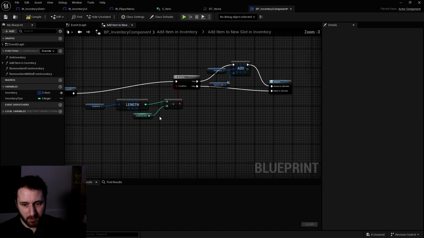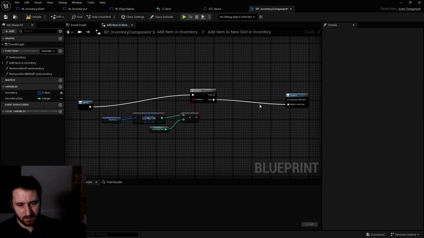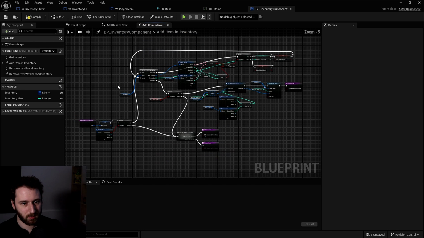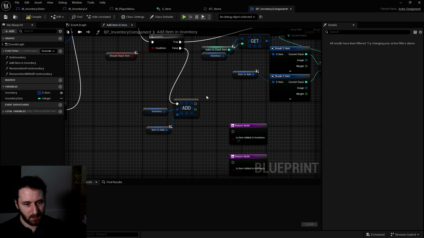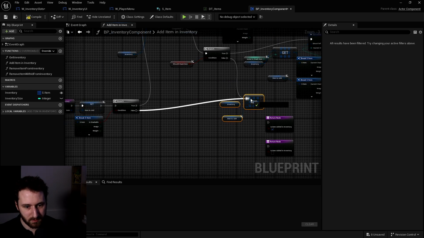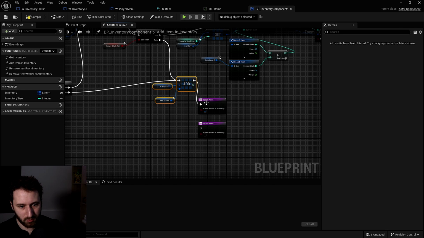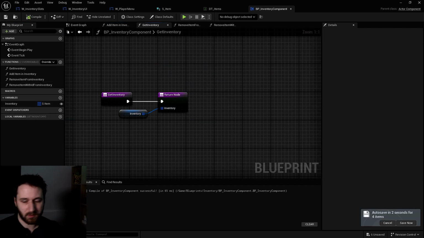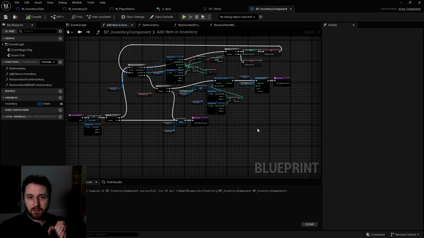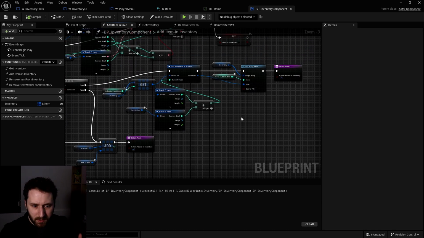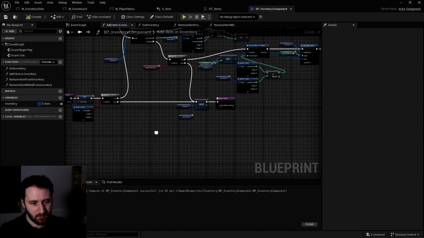Now we don't need this macro anymore, so let me just get this. We don't really care about this. We will actually remove it. Let's just paste that. So now every time we have a new item, we just add it. We will return true. We can now remove the inventory size because we don't care. Okay, so now we will add the calculation of the inventory weight when we add a new item. We will always save the weight of our inventory directly. We don't want to go through all of our inventory, check what the weight is and recalculate all the time. We'll just do it at the end of this function.